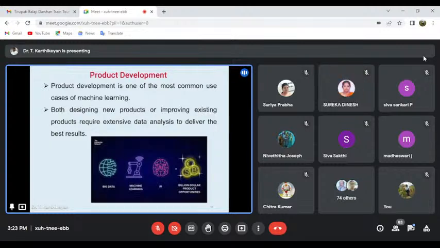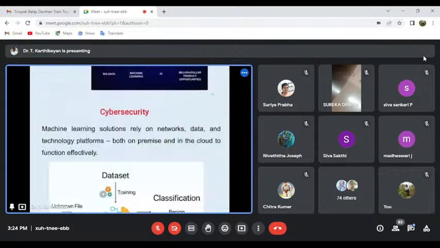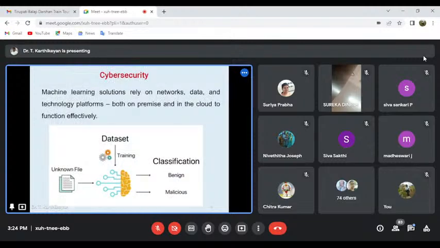So this is one of the most important things when you apply machine learning into product development. Now, cyber security. This cyber security is also one of the most important things. We all have some idea about cyber security. Machine learning solutions rely on networks, data, and technology platforms, both on-premise and in the cloud, to function